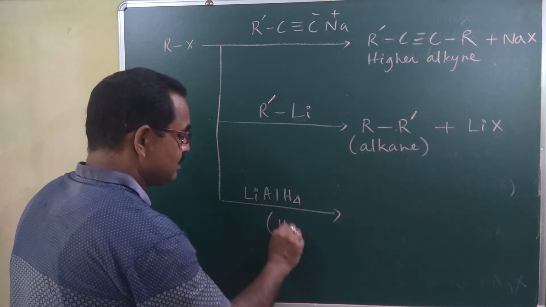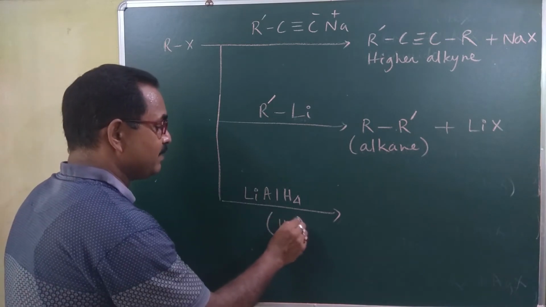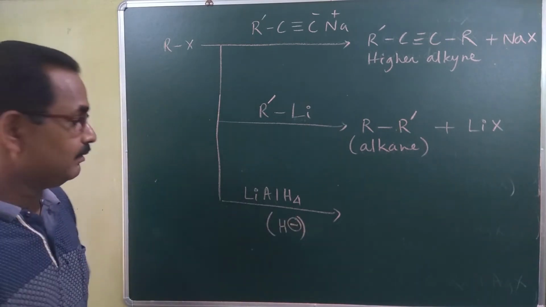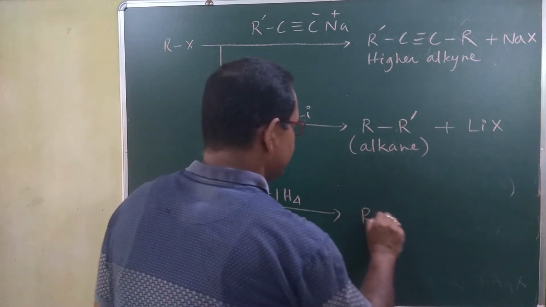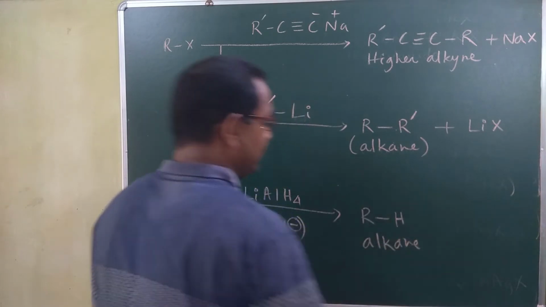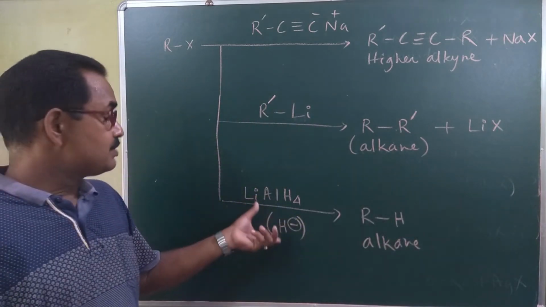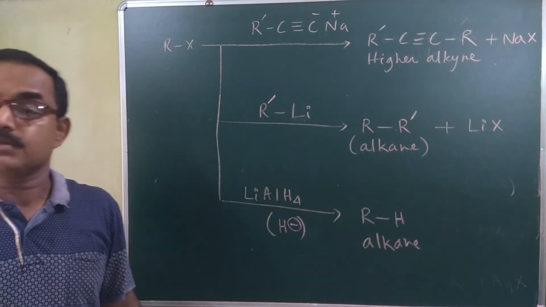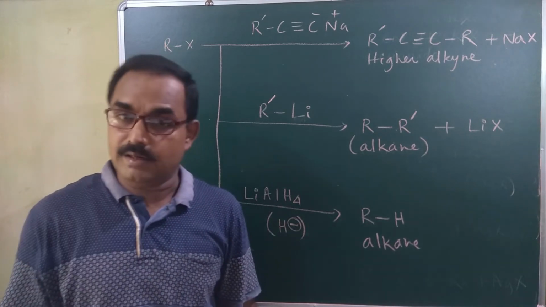In this case the nucleophile is H minus, the hydride ion. What will happen? An alkane is produced. So this reaction is also a nucleophilic substitution of alkyl halide. Okay,